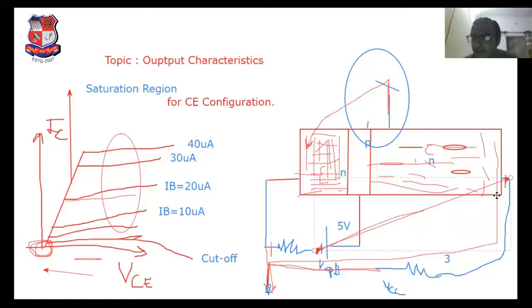If VCC equal to 0, then IC equal to 0 for common emitter configuration. Why? Because the negative terminal is directly applied to the collector. So this negative voltage and the collector electrons always repel each other. So collector current is reduced to 0. No electron flows in the circuit. Why? Because negative terminals repel each other.